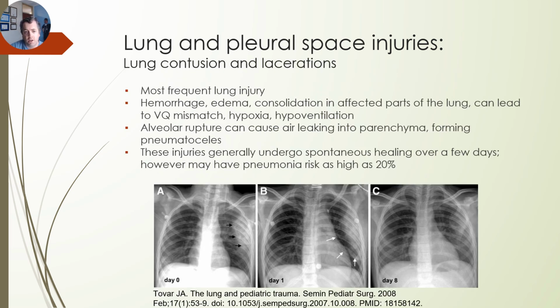Starting with our most common injury, which is contusions. And this is hemorrhage, edema, consolidation in affected parts of the lung. It can lead to VQ mismatches, hypoxia, hypoventilation. Pneumatoceles can form as a result of alveolar rupture into the parenchyma. These injuries generally heal pretty well within a few days, although they do carry significant pneumonia risk,